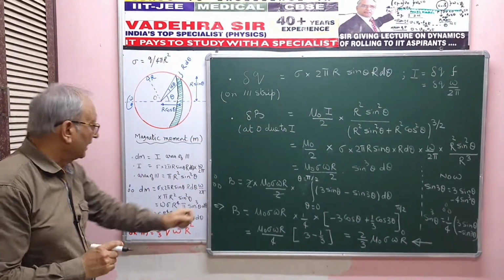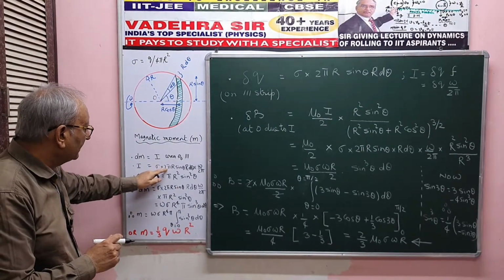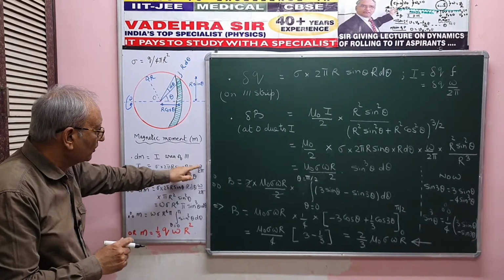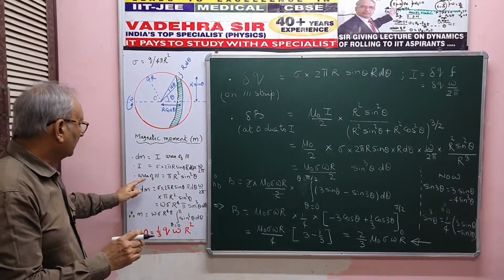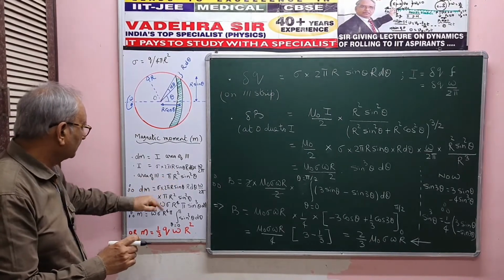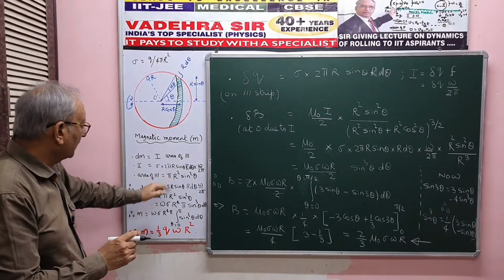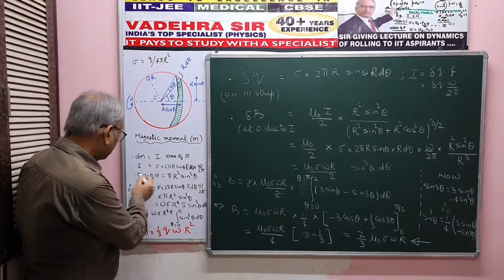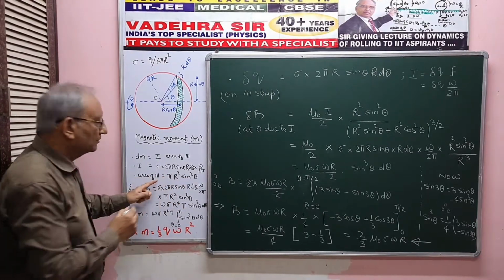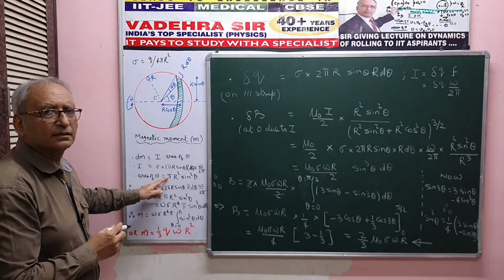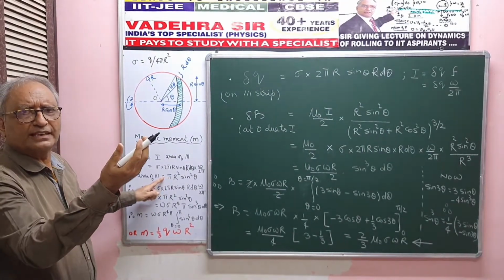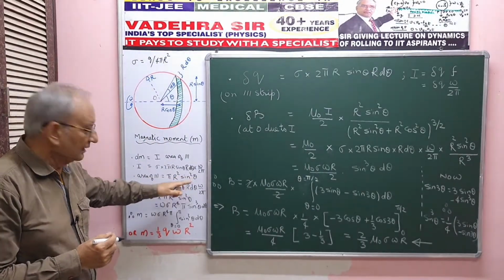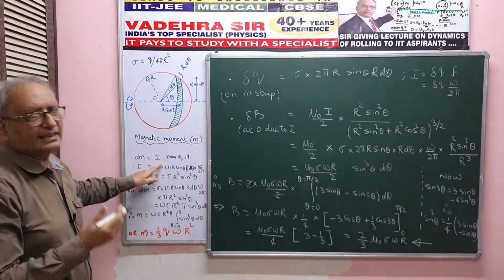I lift the current from there. So sigma into elemental ring area, 2 pi r sine theta into r d theta, frequency omega by 2 pi. So that becomes, I just do this adjustment. Well, just you have to adjust this now. Area of the shaded ring: pi times the square of the radius of the green elemental ring, r square sine square theta. I multiply this with I to get dm.